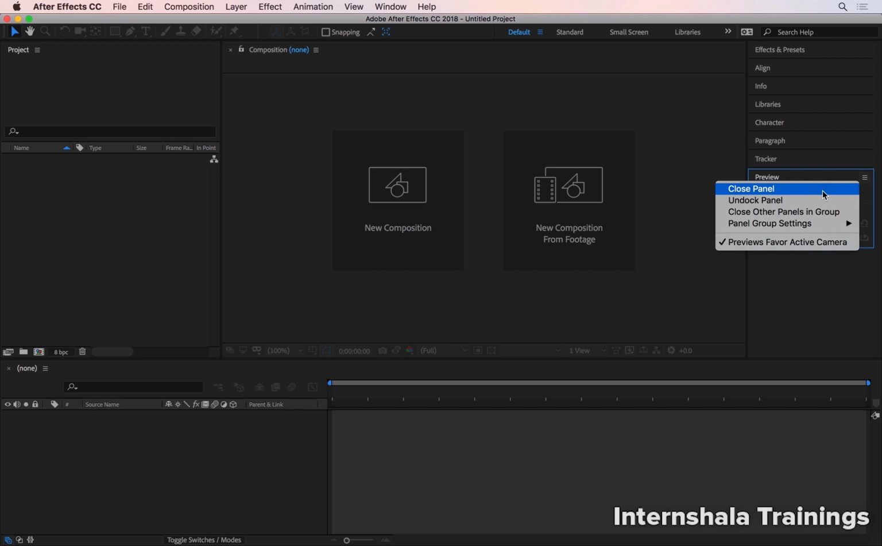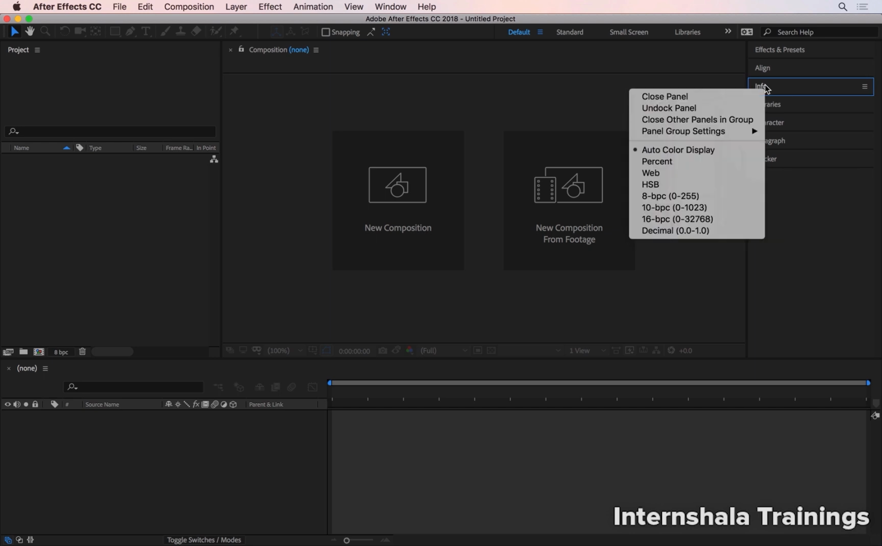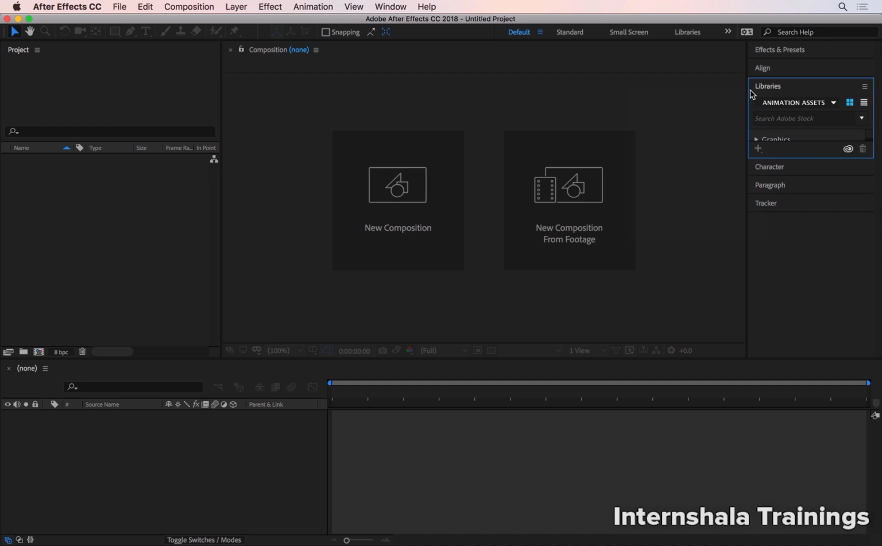If I do that, the preview panel disappears. I can do the same for, let's say, the info panel. So if I just go and right click here maybe, I can then just go and close the panel and it's gone. If you want to bring back any of those panels that you closed, all you have to do